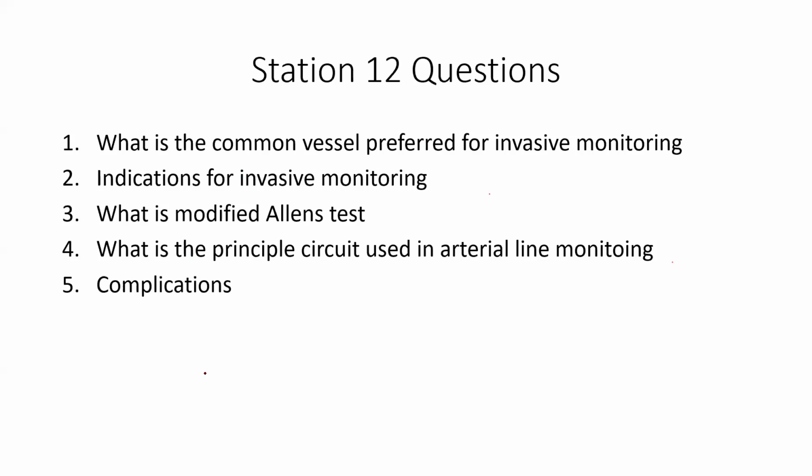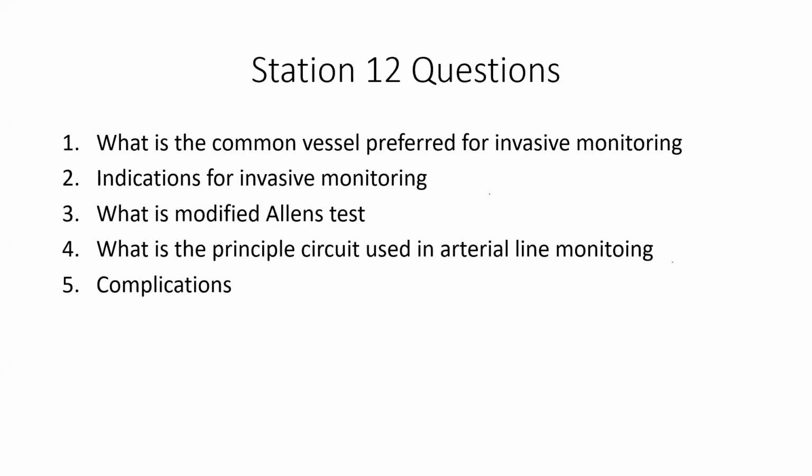So hematoma, bleeding, then distal gangrene, digital gangrene, then surrounding nerves. Around the radial artery you have the superficial radial nerve, so that can get injured, and the patient can have a tingling sensation. These are some of the possible complications of using an artery line. Then, accidentally, the nurse may use it for giving IV fluids. That's another possible complication. So when you put in an artery line, just label it: it is only for invasive monitoring, not for fluids.